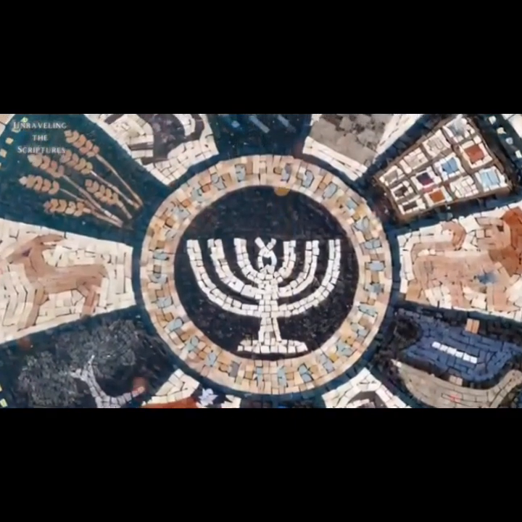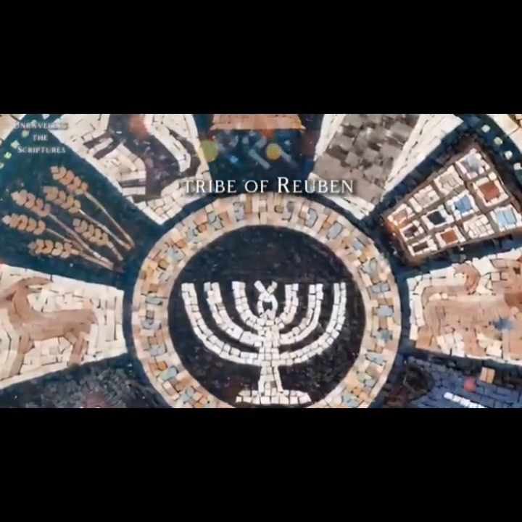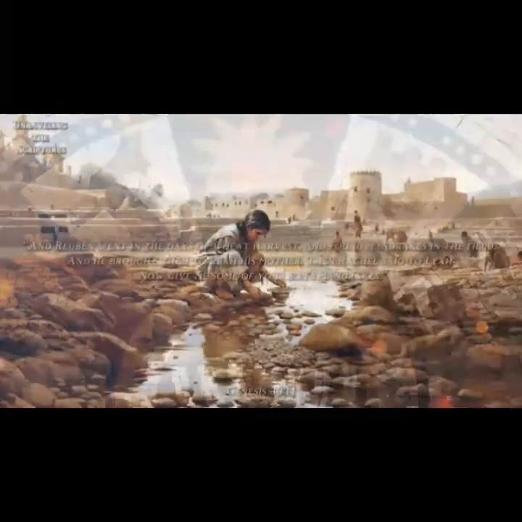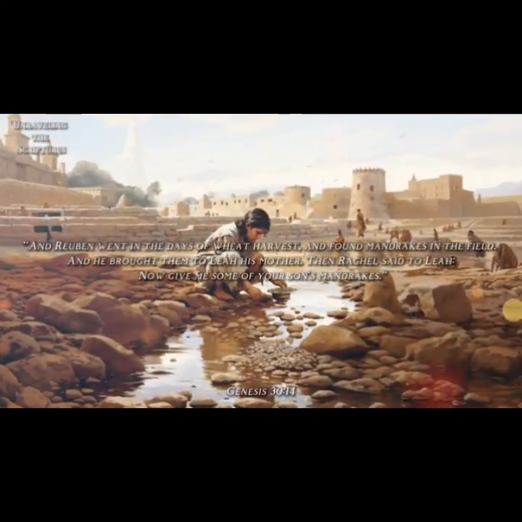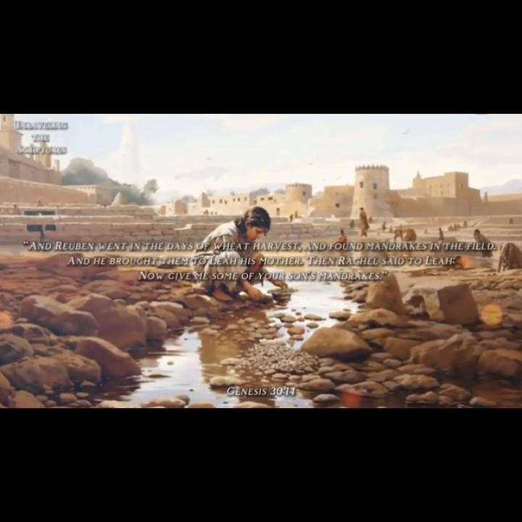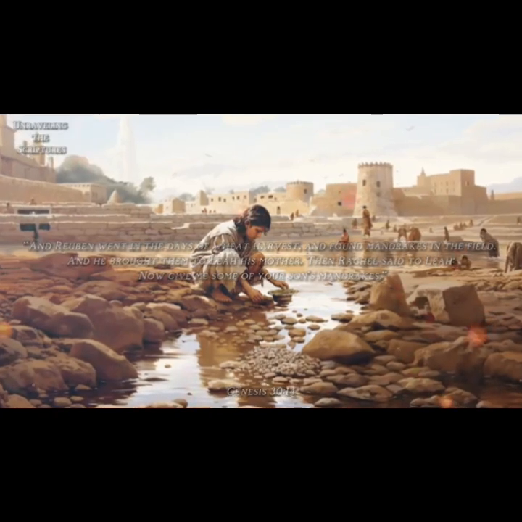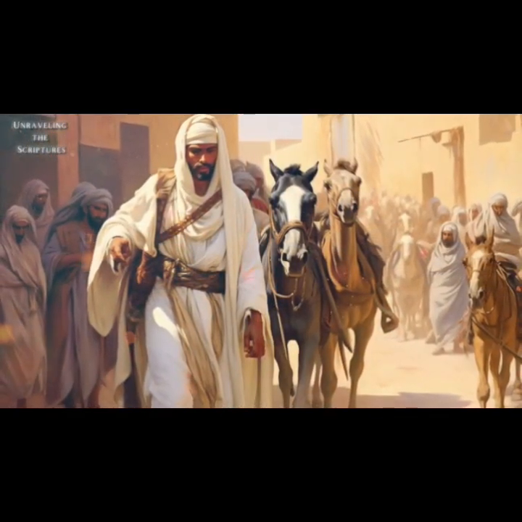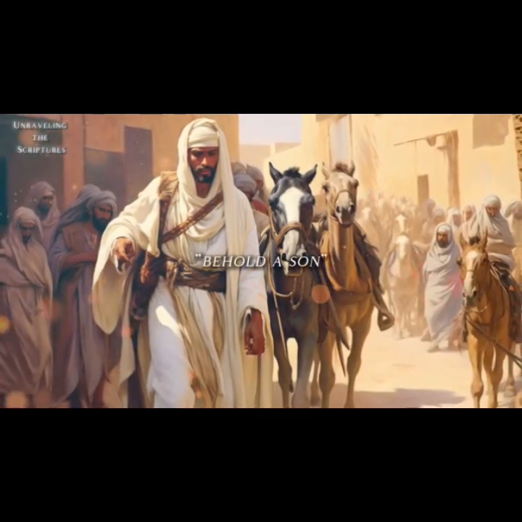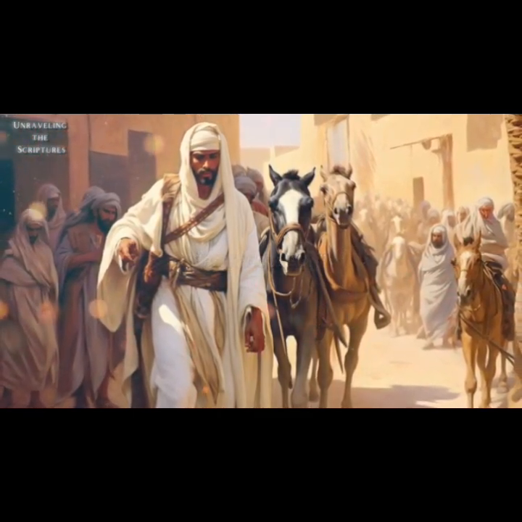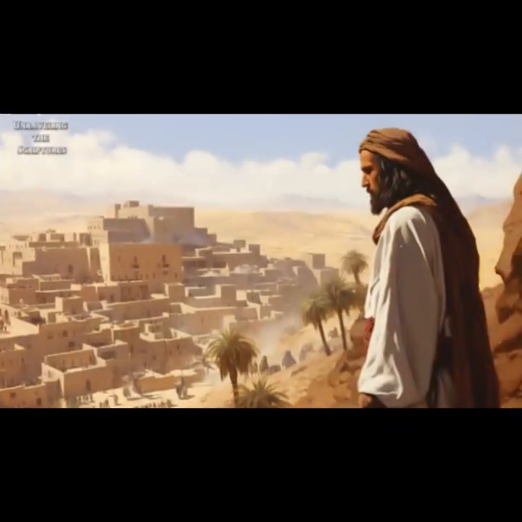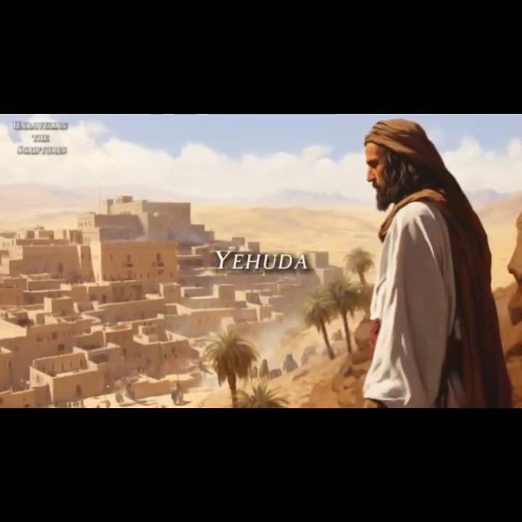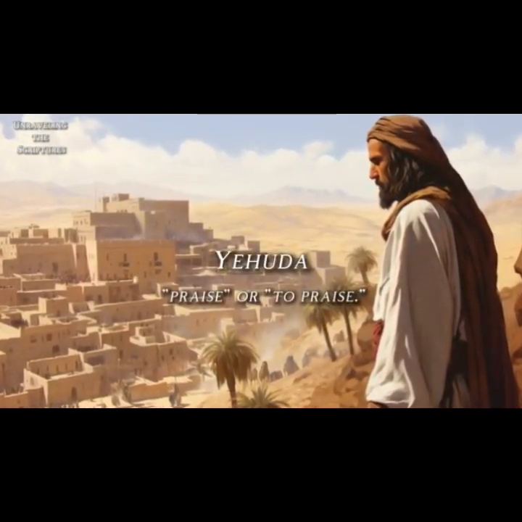In the center, above, is the tribe of Reuben, whose symbol resembles a sun but actually represents mandrakes, which are fruits mentioned in Genesis 30 verse 14 when Reuben gathered mandrakes for his mother, Leah. The name of the tribe, Reuven, results from the combination of 2 words that mean, behold, a son, as Reuben was Leah's firstborn. Another son of Leah is Judah, whose name in Hebrew, Yehudah, means praise or to praise.